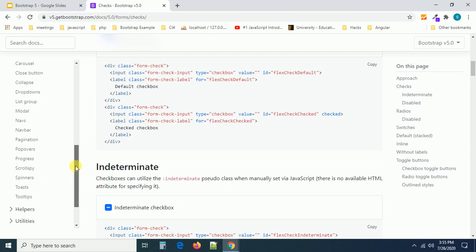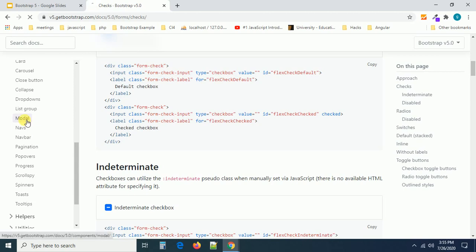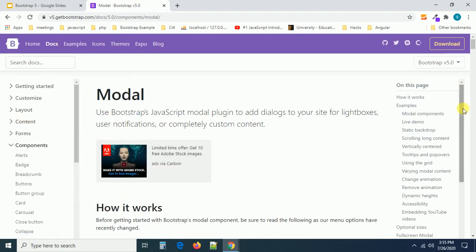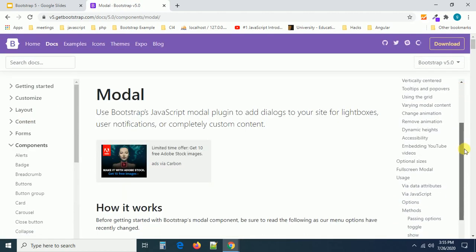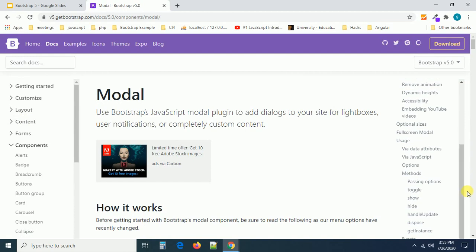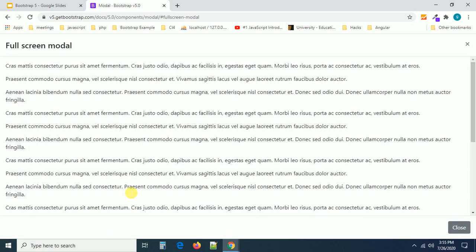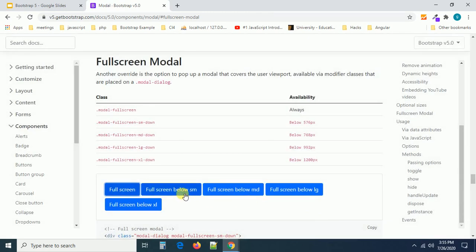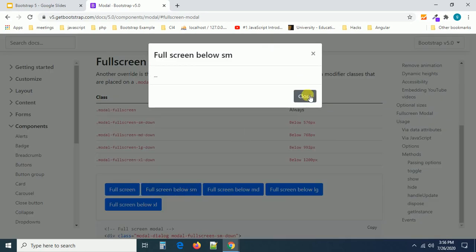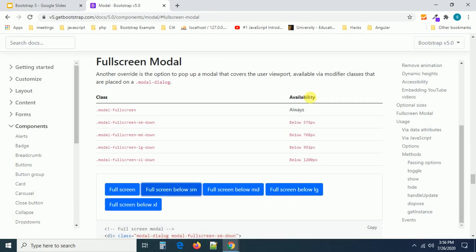Especially, I observed the Bootstrap modal. This is one of the modals, the full width modal, guys. So here we have a very good concept called full width. I have observed this. Wait a minute, let me show you where exactly the full width modals are available. Full screen modal. Yeah. Can you see, if I click this, it is going to occupy the complete page. This is the full screen modal. Like this, we have every modal with responsive classes coming in Bootstrap 5. Every component is going to work.